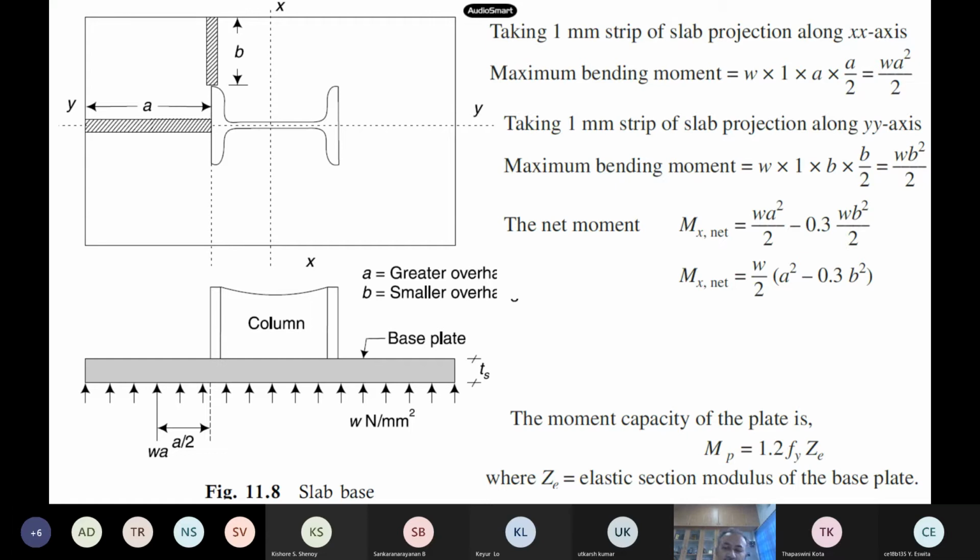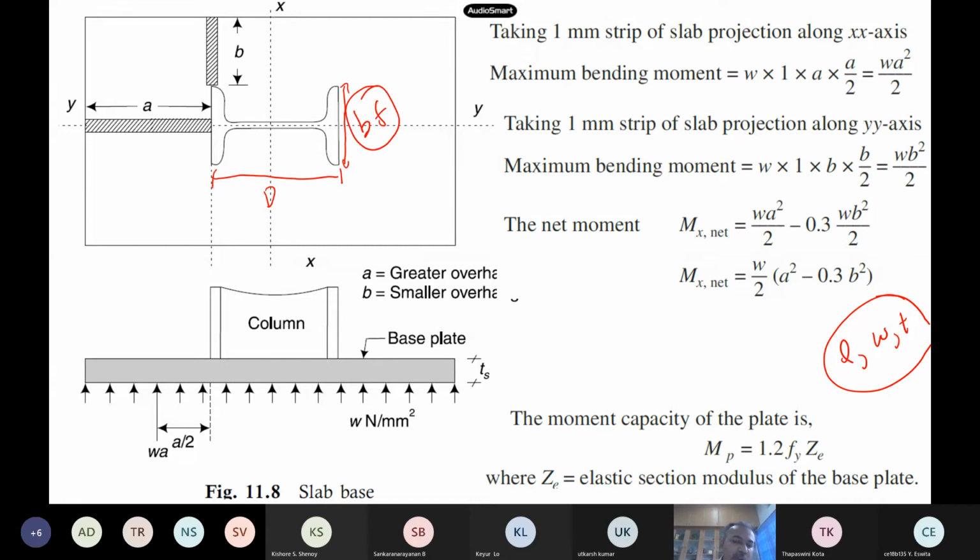Here the design variables are the length, width and thickness of my slab base. So if I do this, my design will be very easy. It is very simple. This is in plan. I know the depth of my I section. Depth is already known. If it is ISHB 450, say 450, then the breadth of the flange is also known to me. Now I have to design my slab base.